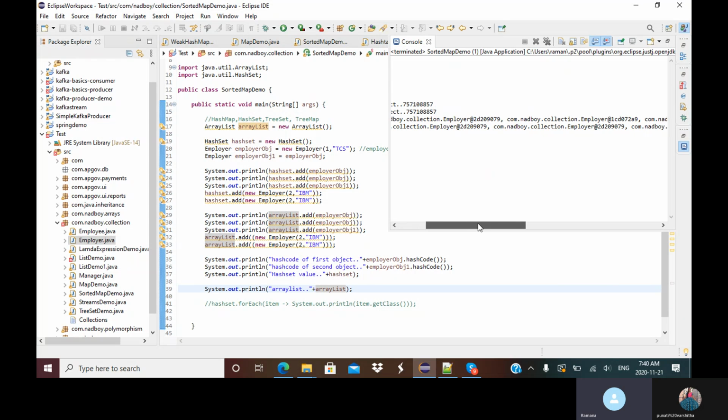But if you see here in the array list, it is not treating them differently. It is not eliminating the duplicates. See, 79, 79, 79,